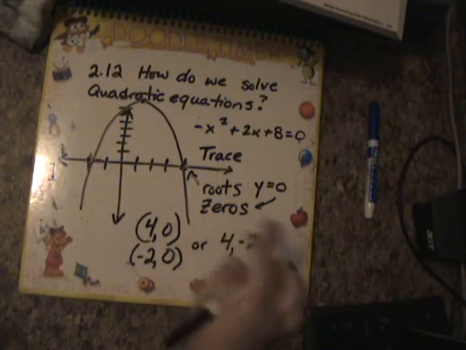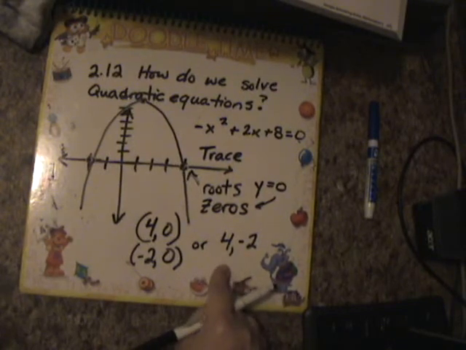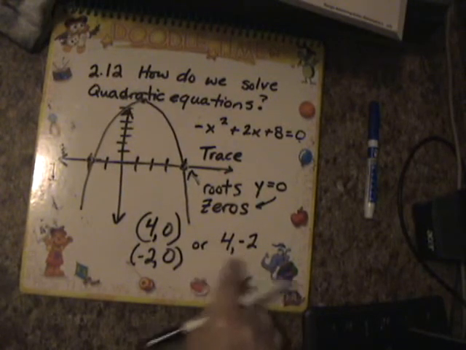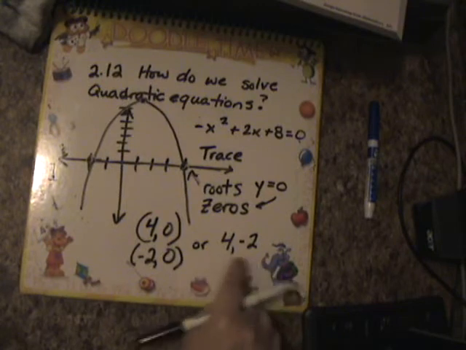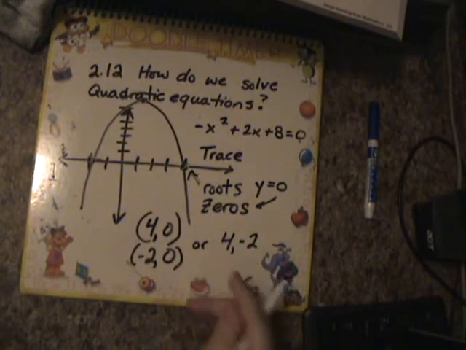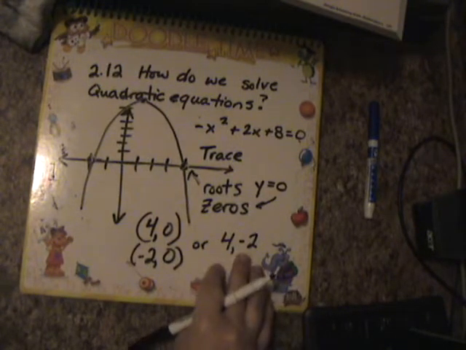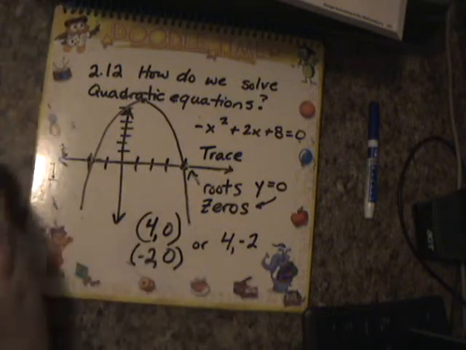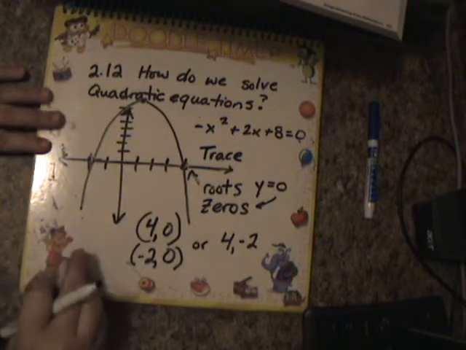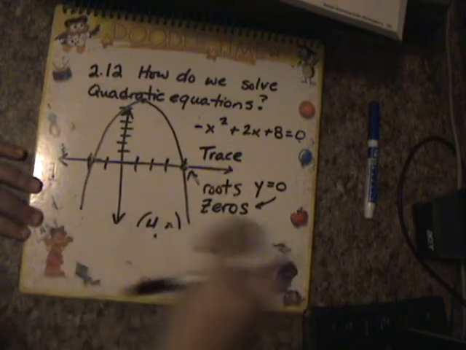Okay. So depending on the type of question, a lot of multiple choice, I believe the last benchmark talked about it this way, and it had just 2 answers. These would be the solutions to where y equals 0. Now, let me show you how to do this with factoring, because this only works if you have a graphing calculator. So if you don't have a graphing calculator and you need to factor it,